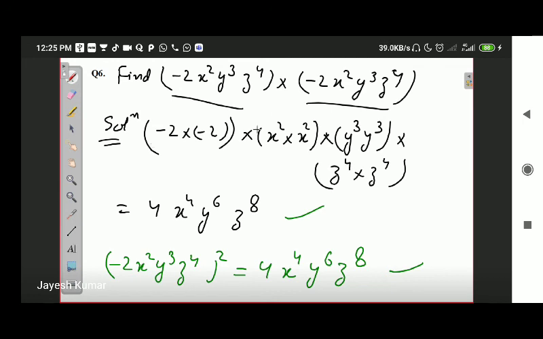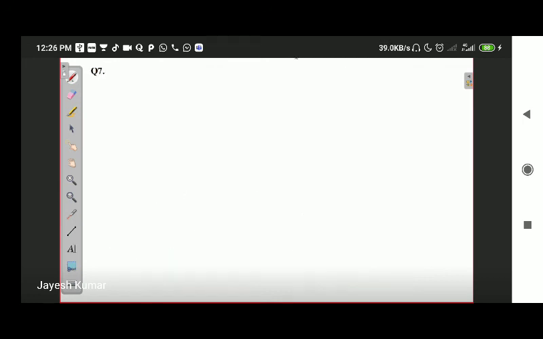Next is question number 7. Once again, there are two parts. I'm going to discuss one part, and the other is to be done by you. I'm writing down the question first. Find the area of a rectangle whose dimensions are